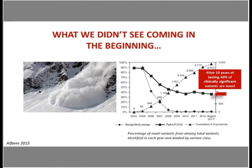And the hope back then, when we started testing in the early 2000s, was, pretty soon we will have interpreted all variants, and then genetic testing is going to be inexpensive and fast because we can just go back to what we already interpreted. And little did we know, it came true for the likely benign and benign variants,